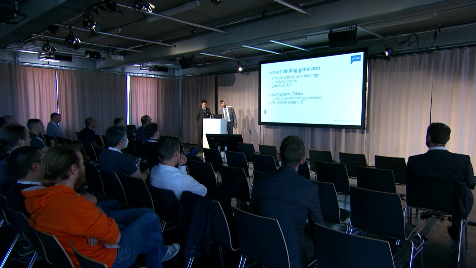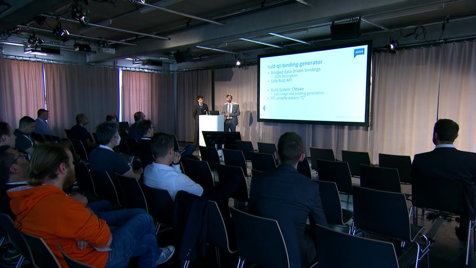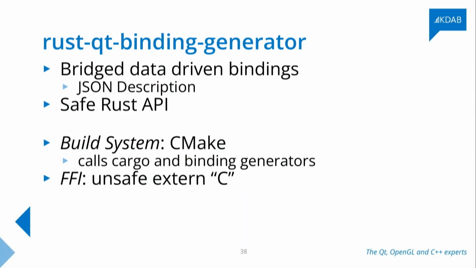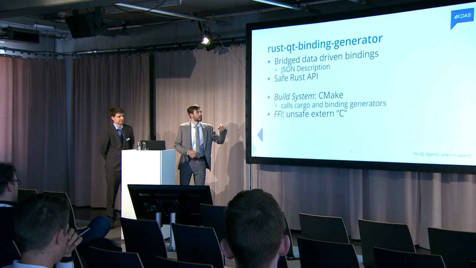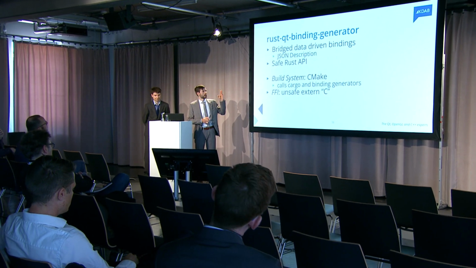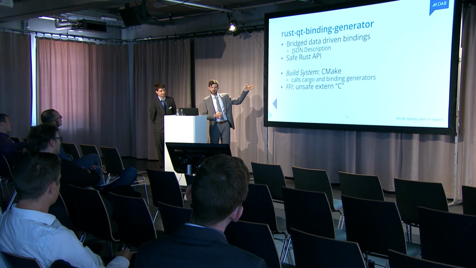Then we also have the Rust Qt binding generator, which, rather than simply exposing Rust directly from Qt, tries to create a bridge that's more data-driven. So you define your data that you want to transfer between Rust and Qt more explicitly. However, you have to do that in JSON, which can lead to a bit of a boilerplate situation. But it then does allow you to give you a safe Rust API, and it also uses CMake, so it's